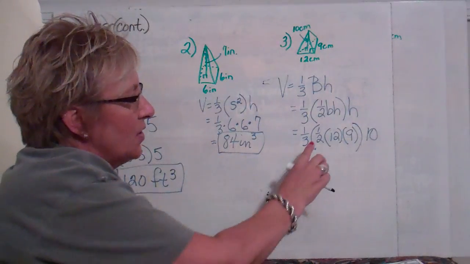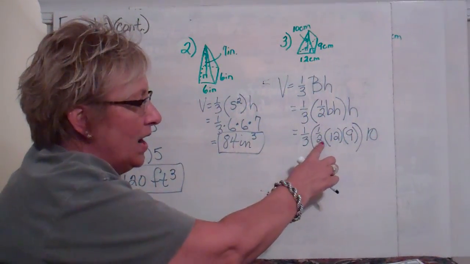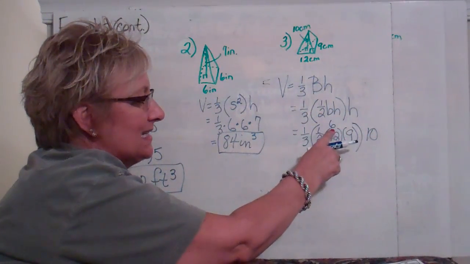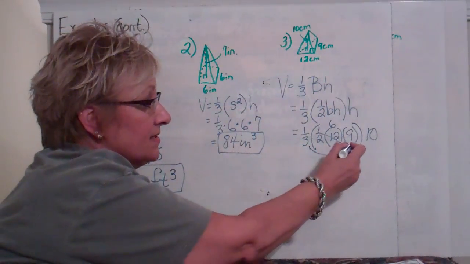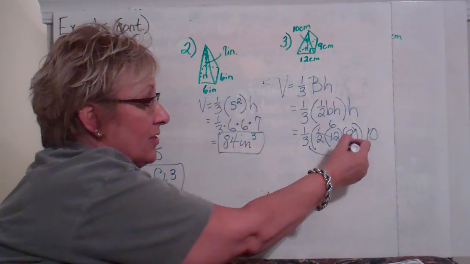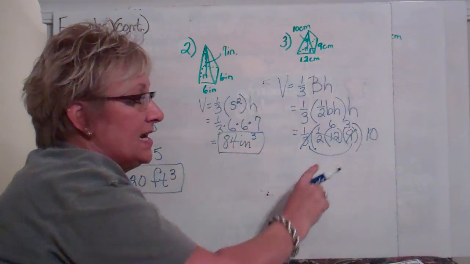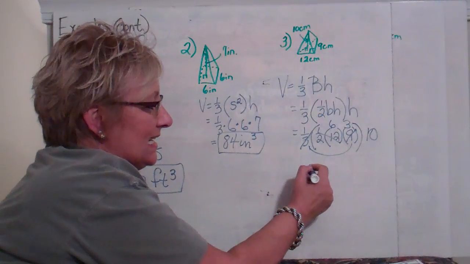Okay? So again, I like to kind of get smaller numbers to work with. I know that 1/2 of 12 is going to give me 6, so I know that 6 times 9 is going to, well, and here I could just put this as 1/3 of 9 is going to be 3. So 6 times 3 is going to give me 18, and 18 times 10